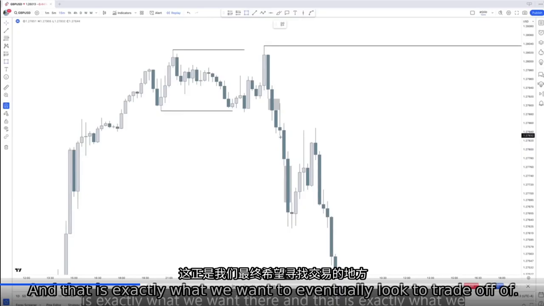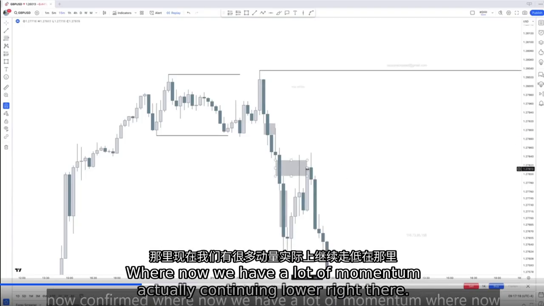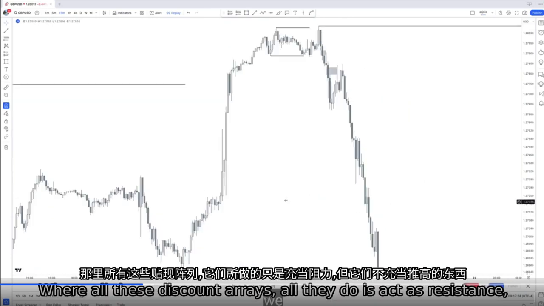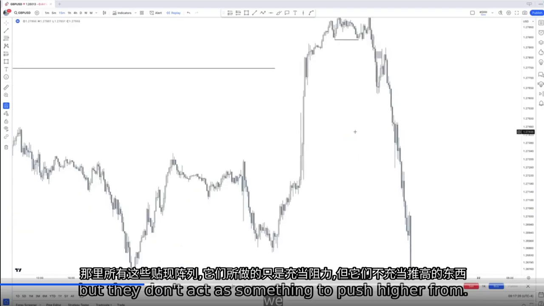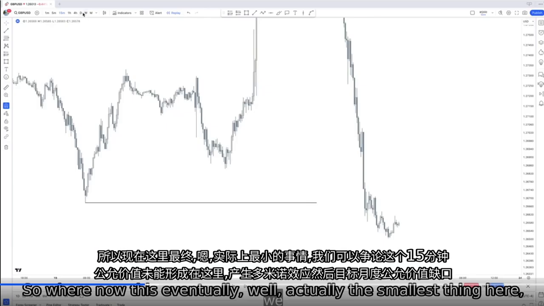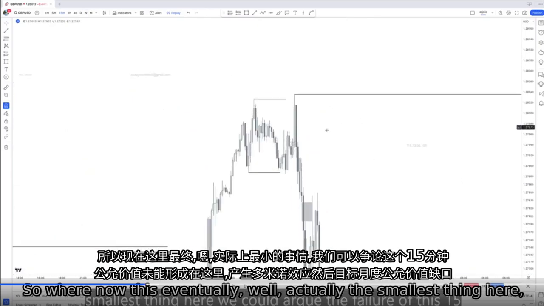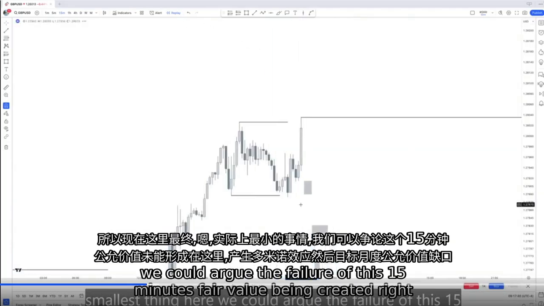And that is exactly what we want to eventually look to trade off of, where the intermediate term high is now confirmed, where now we have a lot of momentum actually continuing lower right there, where all these discount rates only act as resistance, but they don't act as something to push higher from. So where now this eventually, well, actually the smallest thing here, we could argue, the failure of this 15-minute fair